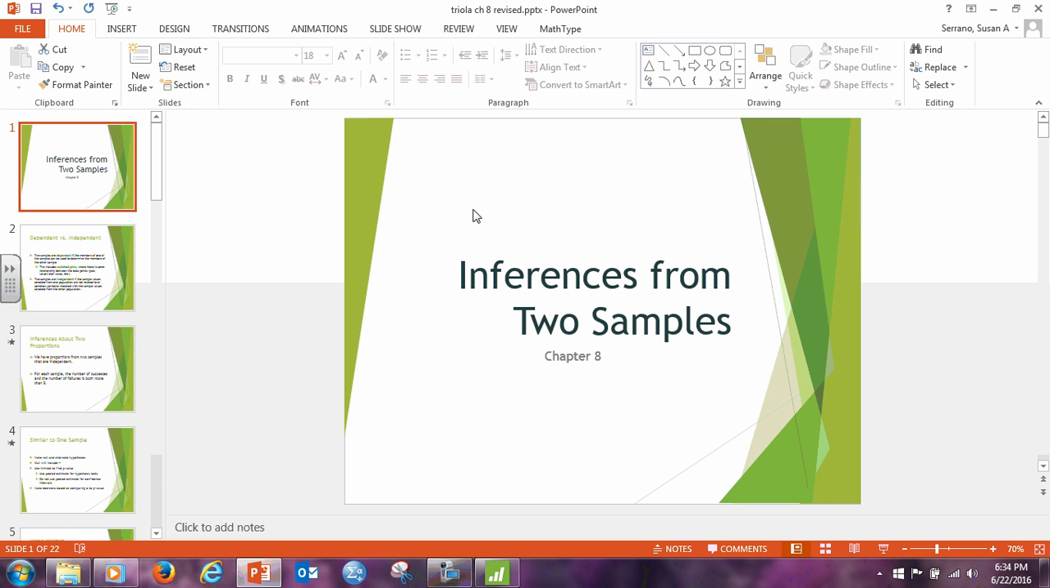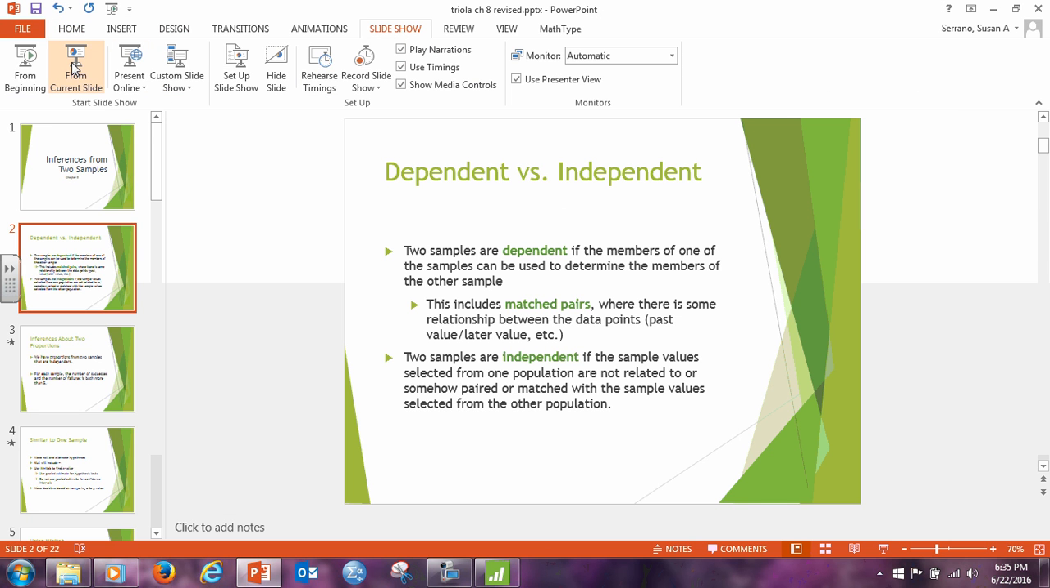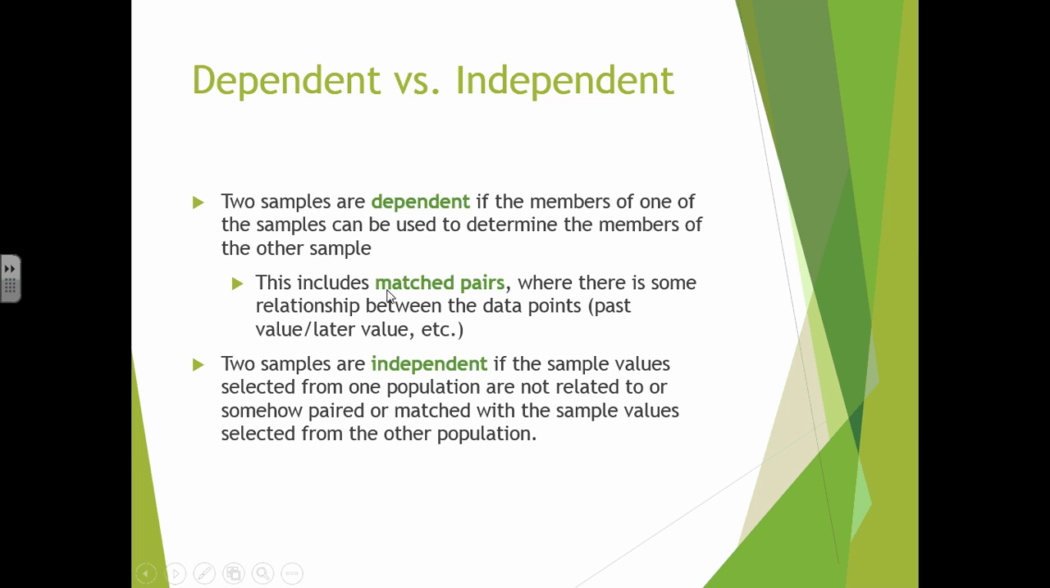Okay, so now we're going to continue on with hypothesis testing and confidence intervals, but now we're going to be looking at comparing two samples. The first thing we need to do is consider the differences between these samples: dependent versus independent samples. Two samples are dependent if the members of one are paired up to the members of